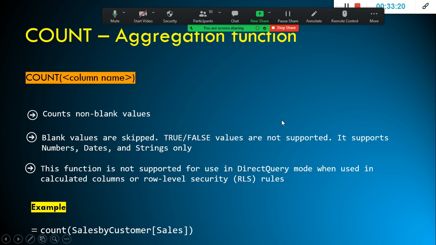This function is not supported for use in DirectQuery mode. This is another pain: most of the functions are not supported in DirectQuery mode. So you need to be very cautious whenever you work with a source system which is an RDBMS.